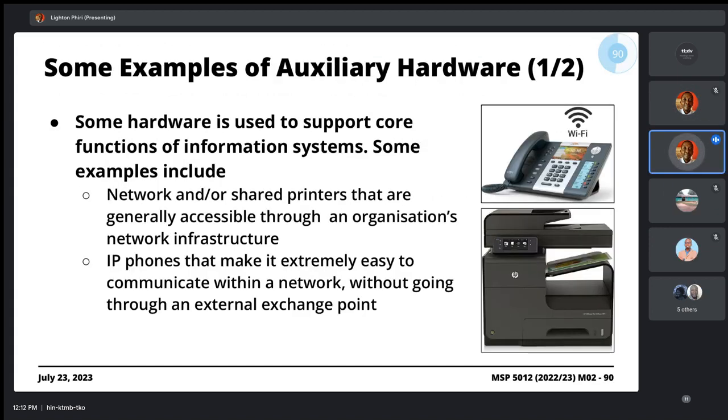These are just some obvious examples, in a visual representation, of hardware devices that you are probably familiar with. IP phones are quite common these days, a cost-effective way of communicating within the organization. Although these are being phased out because people are increasingly communicating using their own personal devices or cell phones. It's not uncommon in the environment I work in for me to get a phone call from a colleague. It's easier for them that way. And you have printers as well.